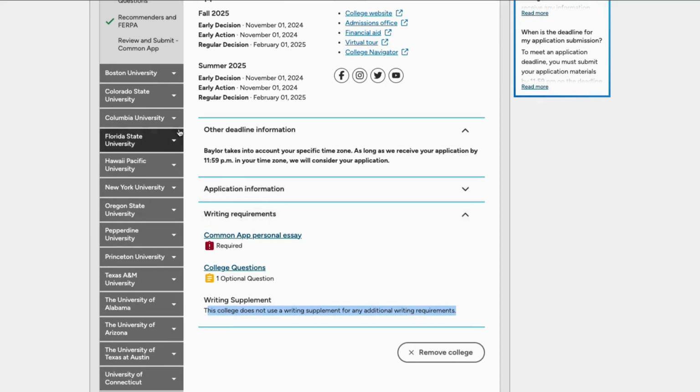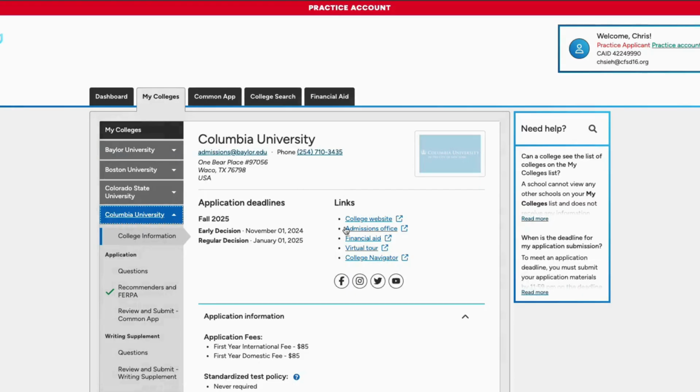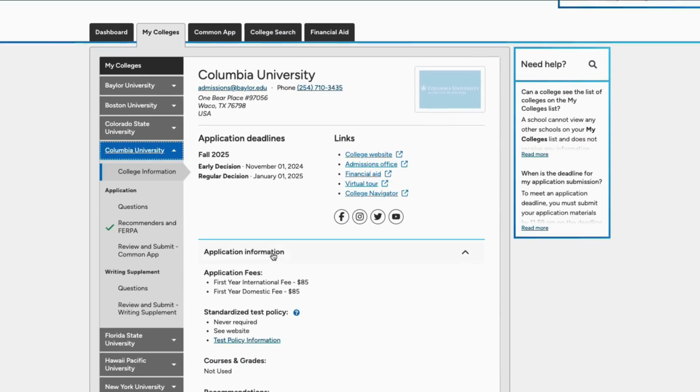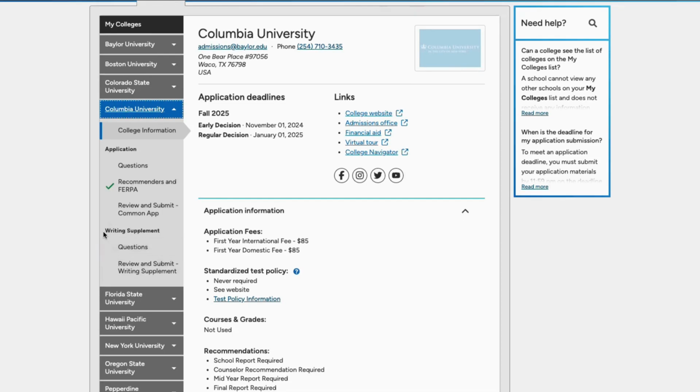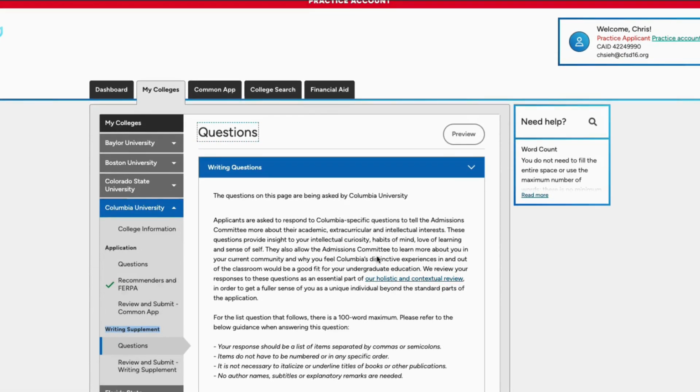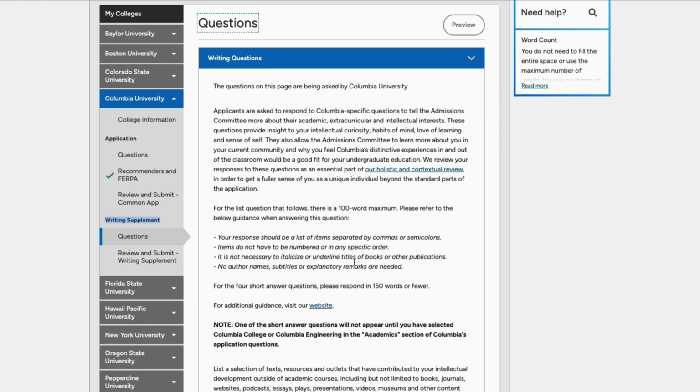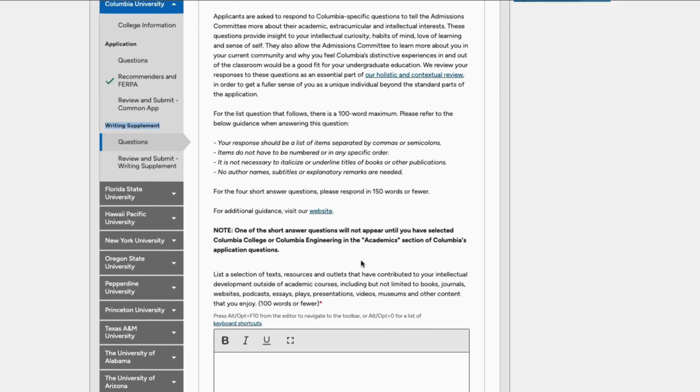So then you can go to, for instance, Columbia University over here on the left-hand side. And for Columbia University, you'll see that they do require a writing supplement over here. So if we click on questions, it'll show all the questions that you also need to respond to submit your